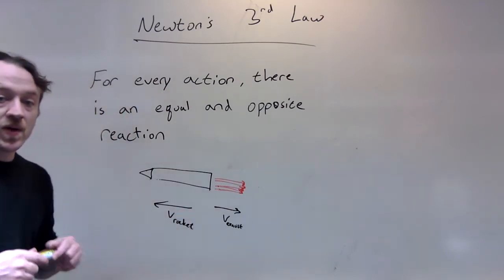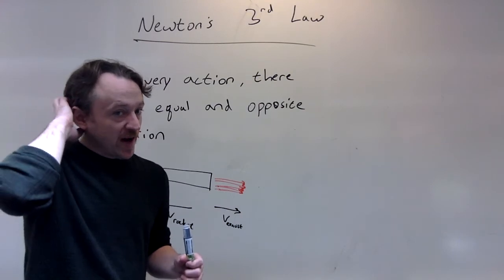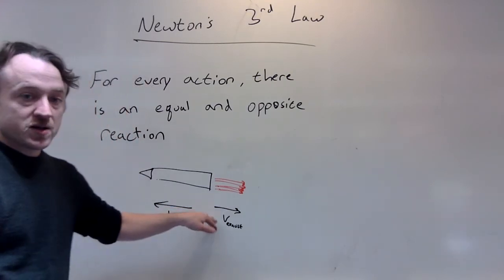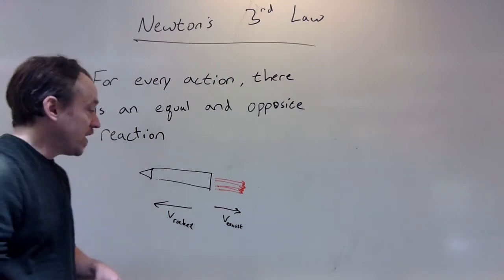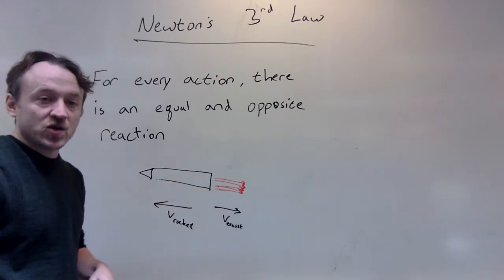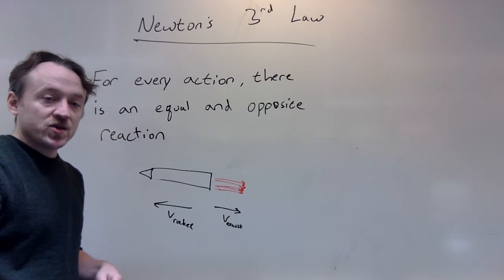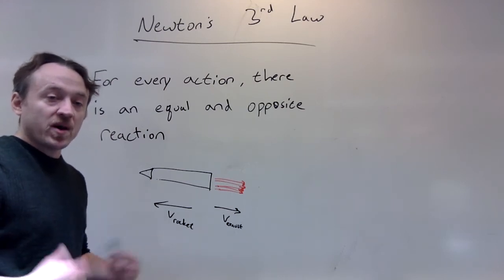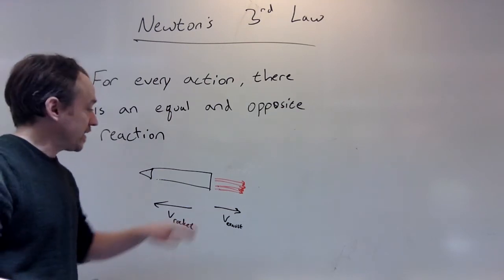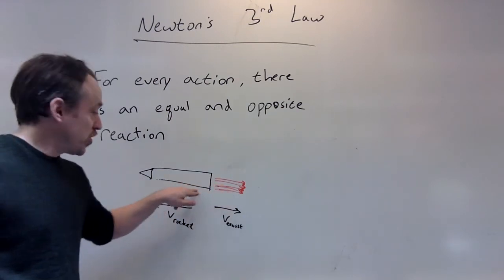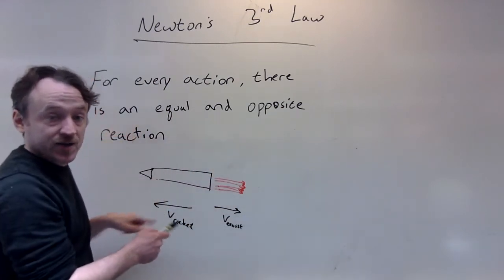Okay, so that might seem a little bit strange to you, but this is what limits our space travel, our ability to travel faster, is that we are limited by how fast we can exhaust our material. It's usually more of a solid, so we burn it, and then it gets high pressure, and it ejects out the back of the rocket, and then by the equal and opposite reaction, pushes